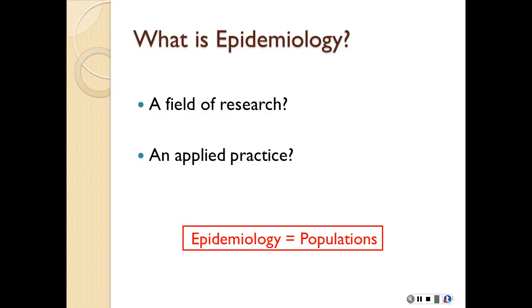Regardless of whether you're talking about it specifically in a research capacity or in an applied setting where we're going out and trying to actually influence population health, we're always concerned with the distribution of disease in populations. That part never changes. So no matter what the focus of a study is, you're always ending up in the same place. You want to talk about the distribution of disease in populations.